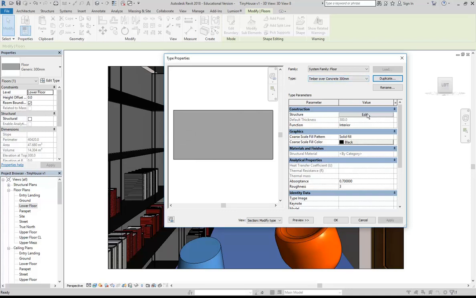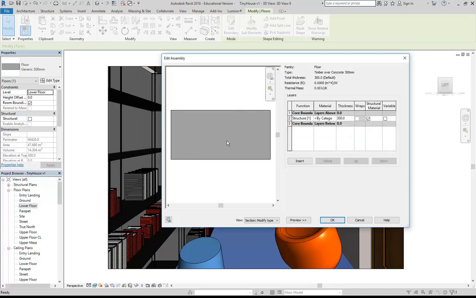So now I'll go back to Edit. Now I've just kept it at 300mm. In reality, it wouldn't be anything like that. It'd be closer to 100mm, this slab. But we'll leave it 300, it doesn't hurt. And then I'm going to click Insert,